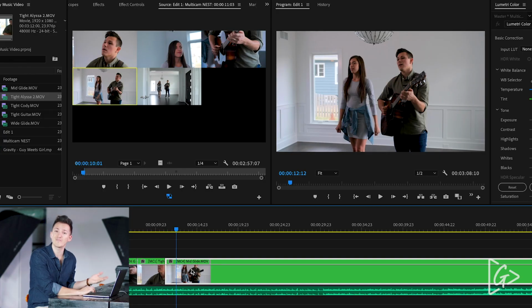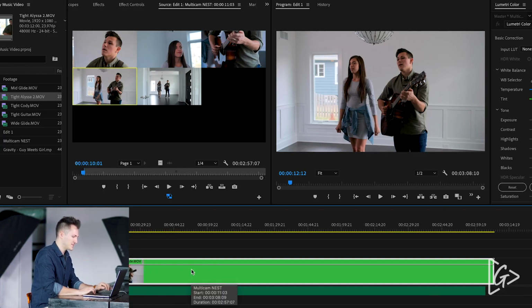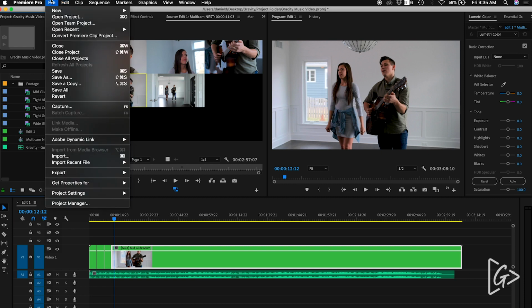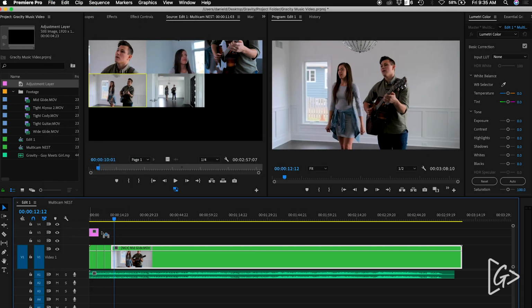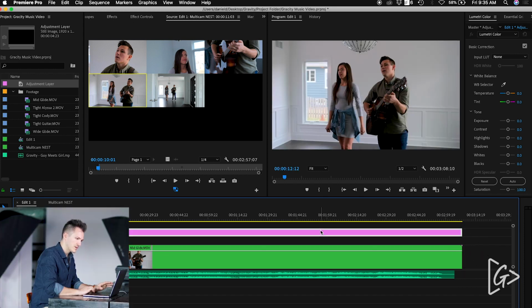Isn't that incredible? And look how pretty my timeline is. There's only one video track. And now here's the beauty of it all too, when you get to this point, you can also go to File, New, Adjustment Layer, drag this over the top, and if I wanted to,